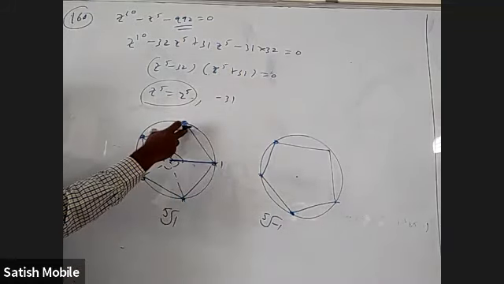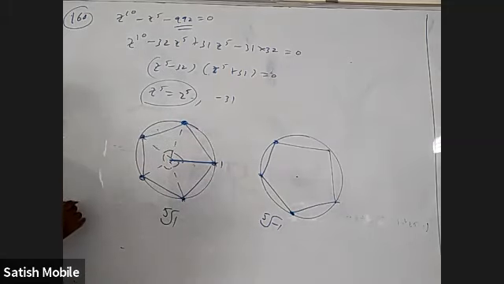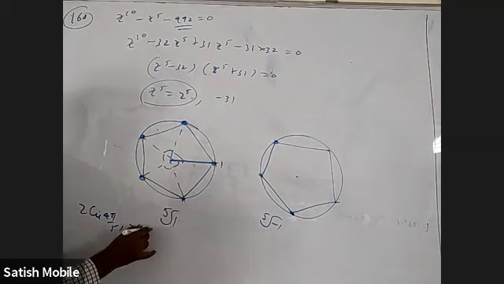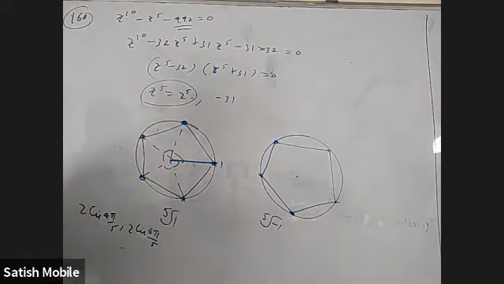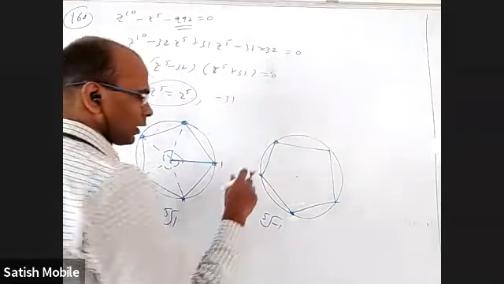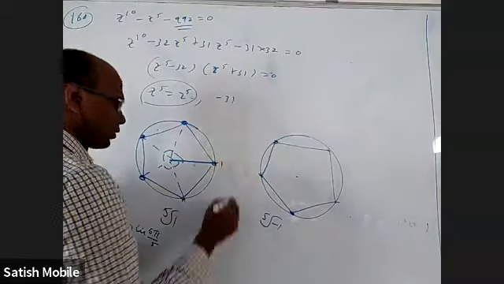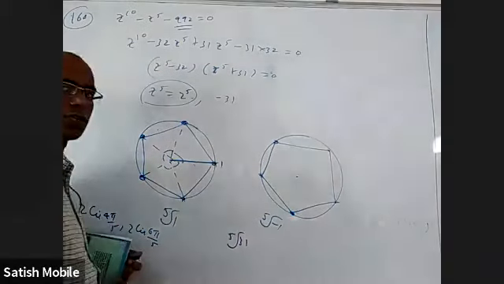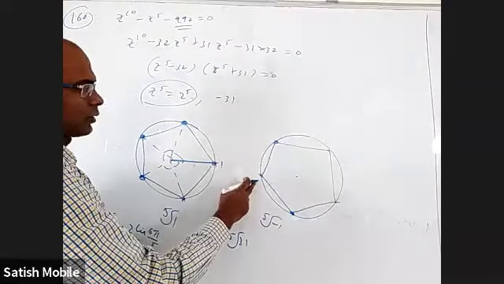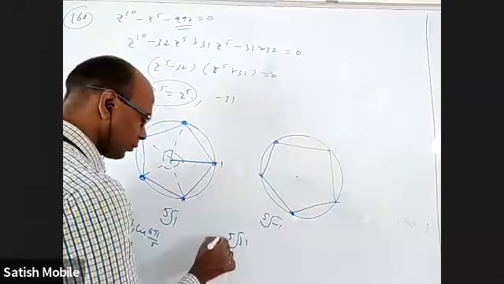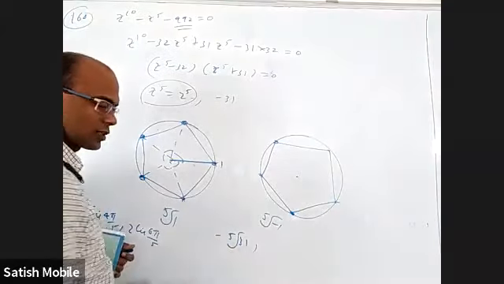This is 2. This is 2 pi by 5. So the answers are 2 is 4 pi by 5. 2 is 6 pi by 5. These are the ones which have negative real part. Others will have 2 is 8 pi by 5. 2 is 2 will have positive real part. Coming to this, of course I have to write fifth root of 31 into this pi actually. I don't want to take. No, I want to take that, right? So minus of fifth root of 31 is one answer.